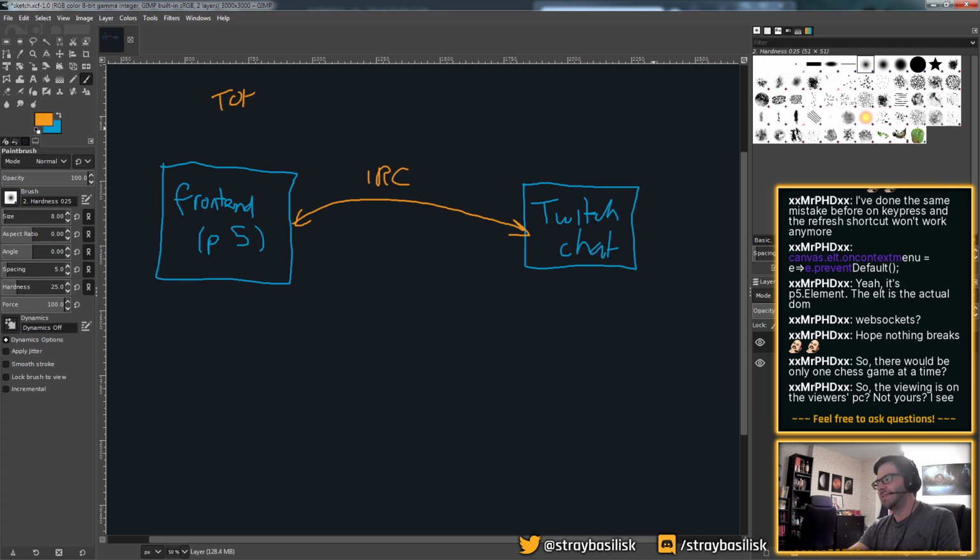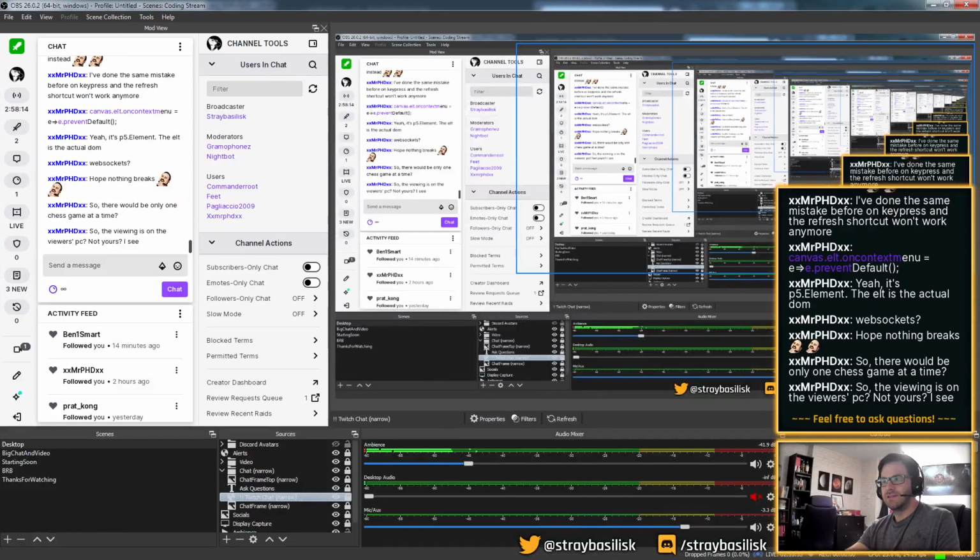No. So okay, let me show you OBS. So this thing here, this chat overlay, is basically an embedded web browser, right? So the streamer would embed a web page in here, which would show the game. So then all of their audience would be able to see the status of the game. And then this web browser in here is running JavaScript, which is monitoring the chat somehow.